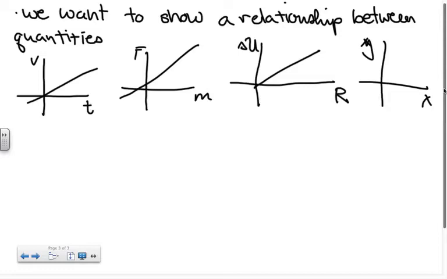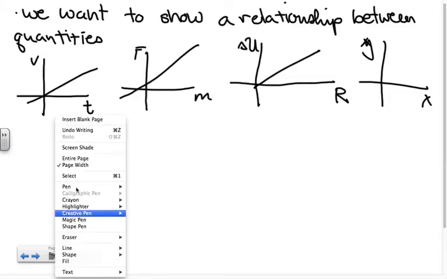Now, typically we write equations in two variables. When we write an equation in two variables, right, you see here, we have two variables. We have speed, time, force, mass, potential difference, resistance, x, y. It doesn't matter what they are. So it's expressed as an equation in two variables. So to define that for us,